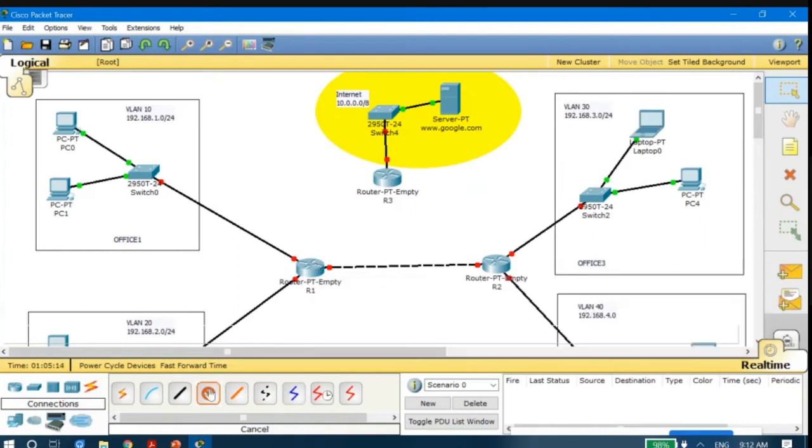However, see, I am using a different kind of cable. Crossover cables are actually specific. So I will use the copper crossover cable, this dotted line. This way you have to connect.